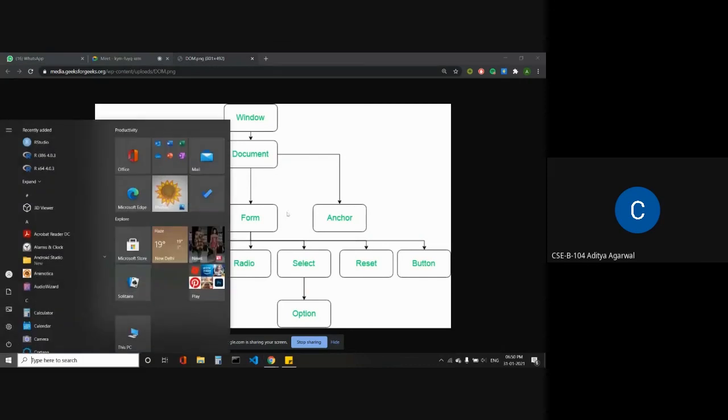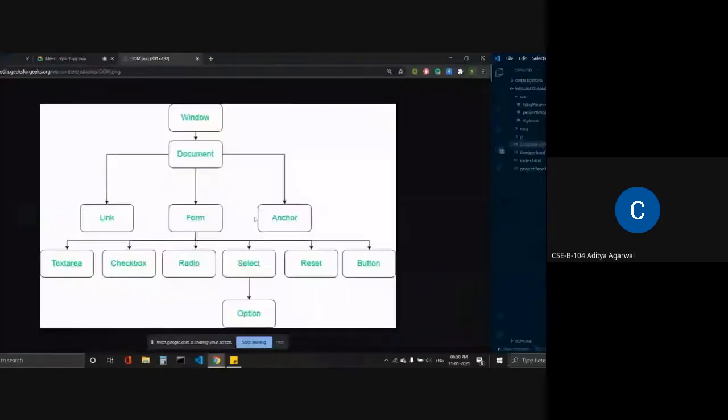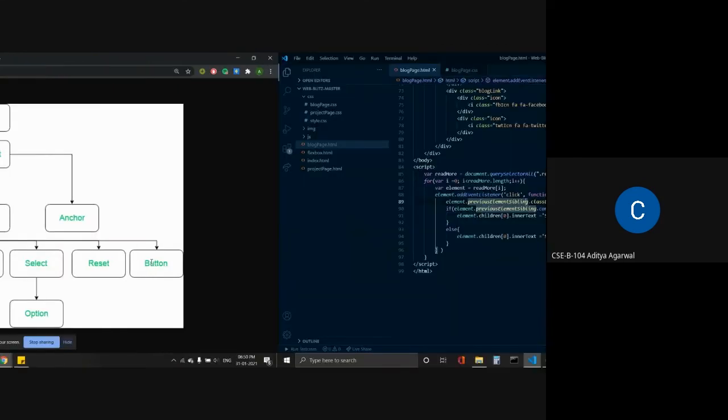See, what previous element sibling does is, if we apply this on radio, then it will grab checkbox. If we apply it on checkbox, then it will grab text area. It will grab the element on the similar level, same level.